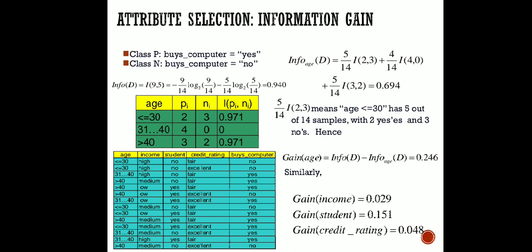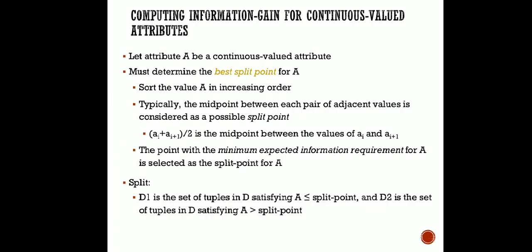Fine. Now we were talking of information gain, right? And you have seen that everything we have done was for discrete values. Now we will just learn the theory of how, if we have to consider a continuous valued attribute, we find the best split, meaning where we are going to split.